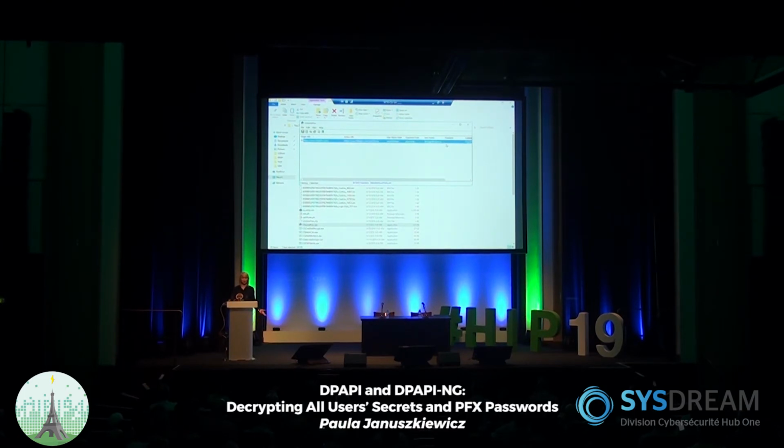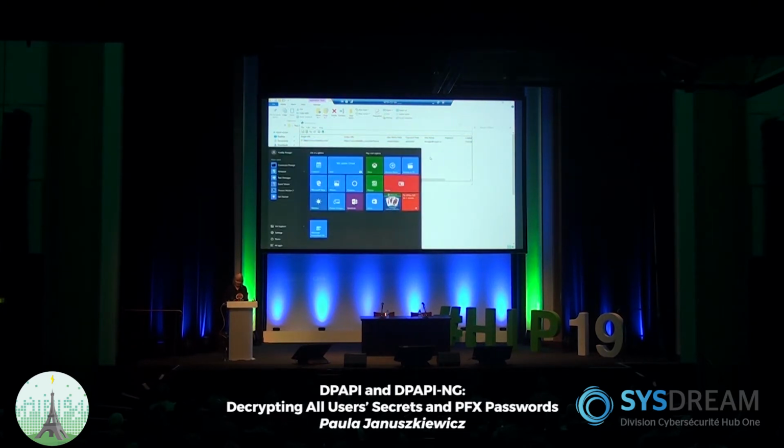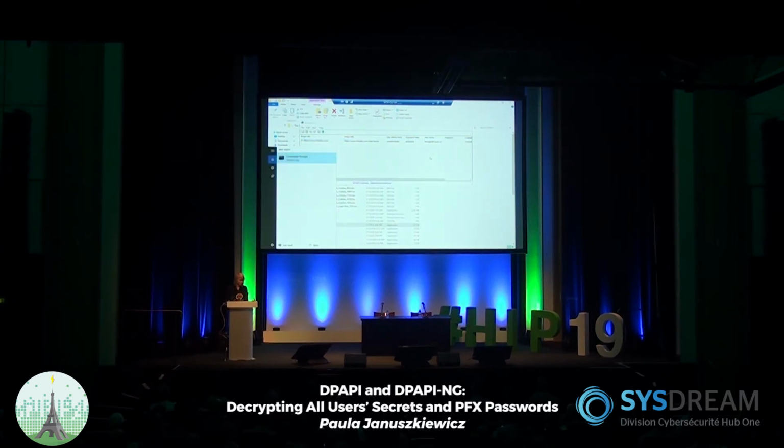Now, please have a look, because this is really cool. We don't have a password, so we are like, meh, as a hacker, what am I supposed to do? My job right now is to find all these different secrets that are stored in your Windows and eventually figure out how to decrypt those. So let's focus on this. Now, the question is, where do we have secrets? So let's do it like this.